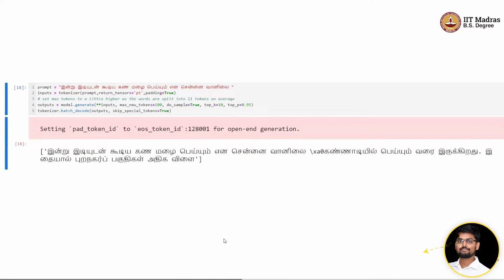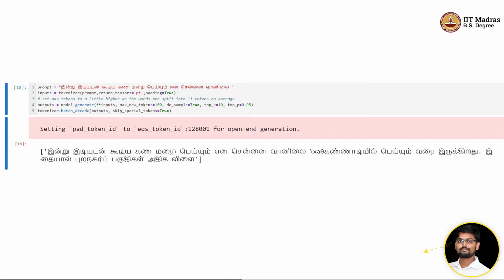And what happens if I give a prompt in Tamil, right? I have given a prompt to the same model in Tamil, and I executed this cell some 3 to 4 times. Though it generates text in Tamil, it is not coherent and not meaningful. It's generating random words in Tamil. Maybe after 10 to 20 attempts, it might generate a different sentence.